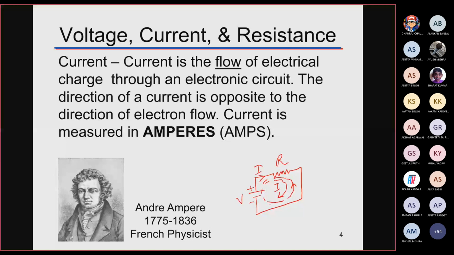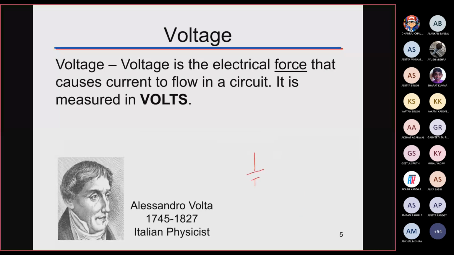These are basic things. I hope all of you know that. I am just recalling all those things so that it becomes easy for all of you to understand the main content of this subject. This was first derived by Andre Ampere, and from there the unit came in terms of ampere. Again, voltage is the electrical force that causes current to flow in any electrical circuit, right? So if we again consider the same electrical circuit we drew in the previous slide, if this is R, this is V.